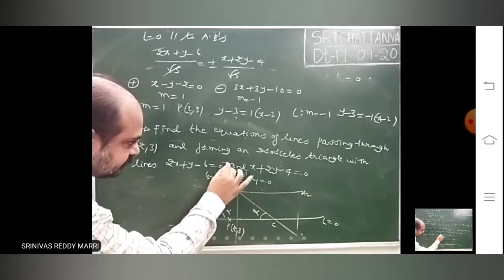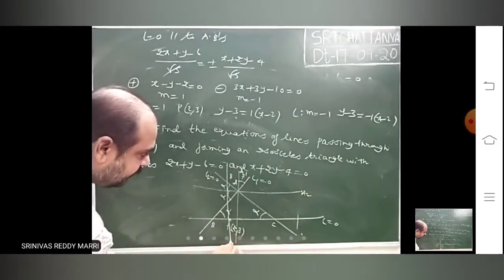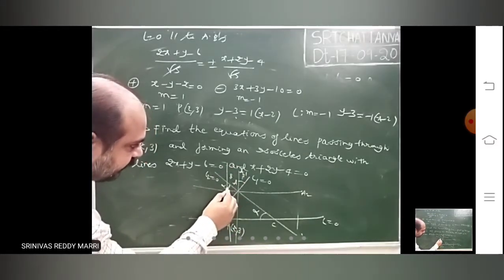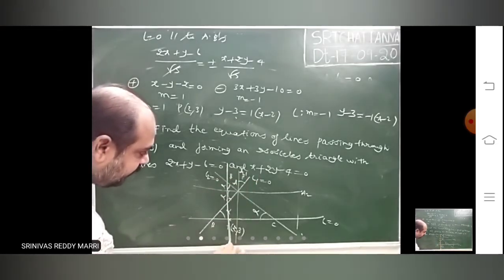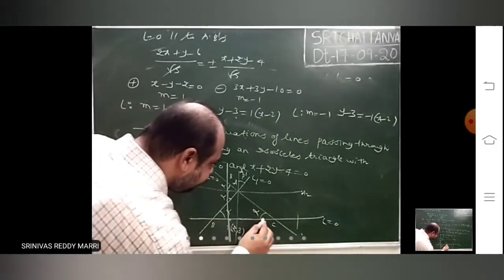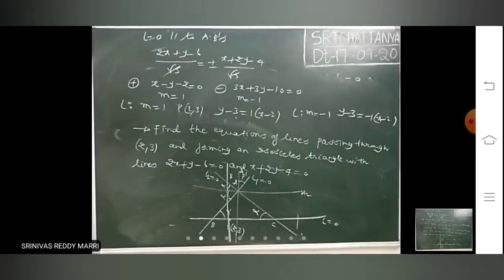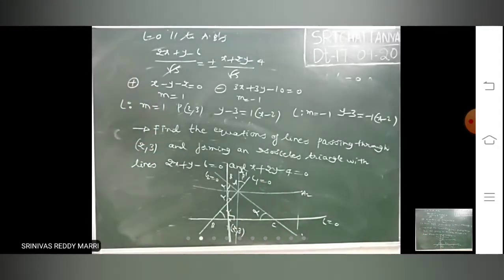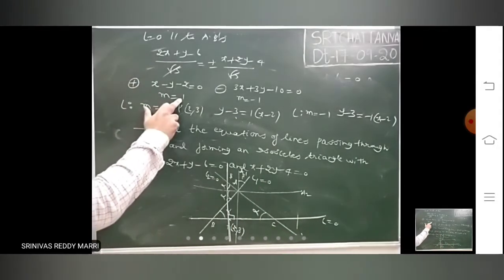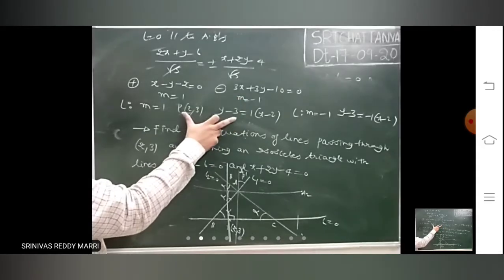Parallel to A1 and passing through this point, draw one line. There will be another line like this, which makes equal angles. So this is one possible line for L and this is another possible line for L. Two lines are possible. The two lines will be mutually perpendicular because they are parallel to the angular bisectors. That's why here the slope is 1, and here the slope is minus 1.